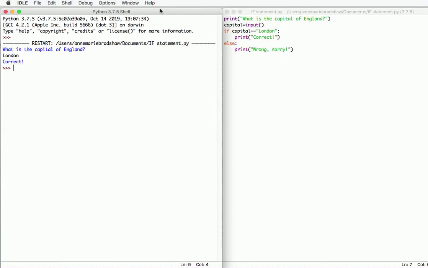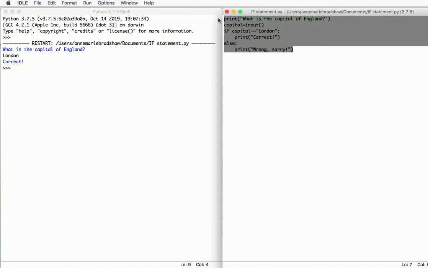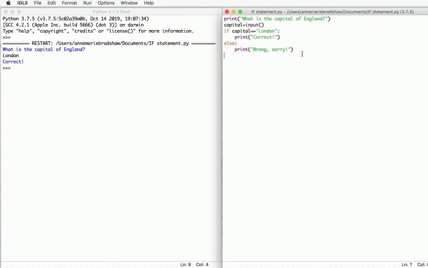What I do to save time, now I know that that's working properly, I'm just going to go on this one now, and that's my whole question. So I'm going to copy, and then I'm going to enter a couple of times and paste it. Now I'm going to put what is the capital of France, and in here I can't call that capital again. I'm going to have to give it a different name because we can't have the same variable names, that will confuse the computer. So I'm going to change this one for capital England,